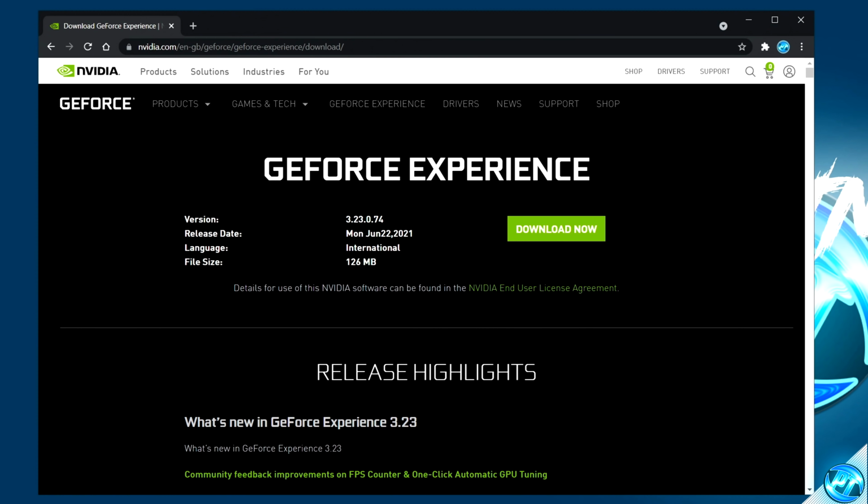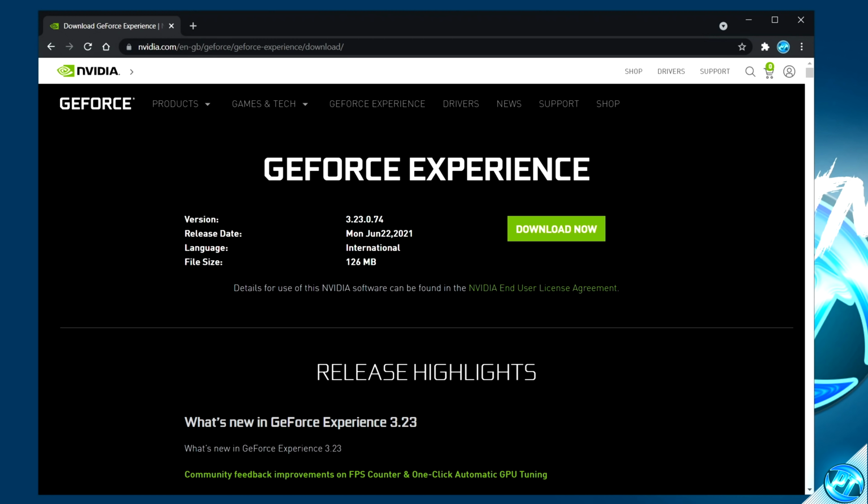For those of you that debloated your driver earlier on, you'll remember that we didn't actually install the GeForce Experience with that driver. Now, if you haven't used the GeForce Experience in the past or have no plans to do so in the future, I would actually recommend not installing the GeForce Experience whatsoever, as it will be running in the background soaking up resources.